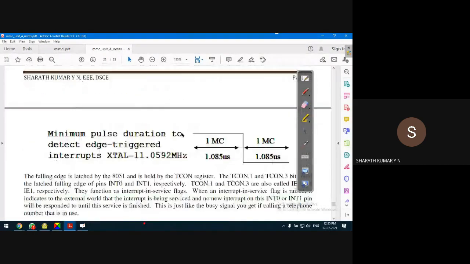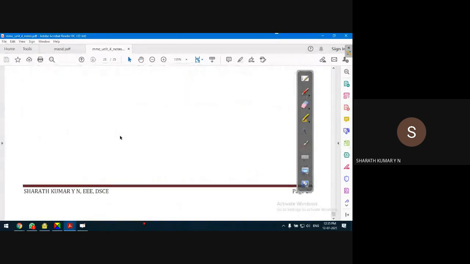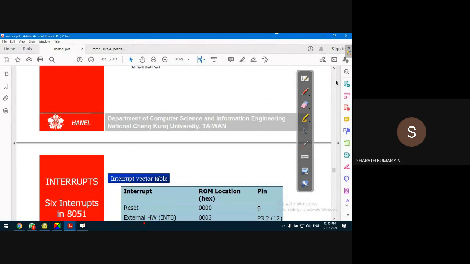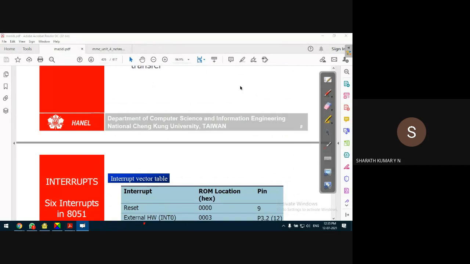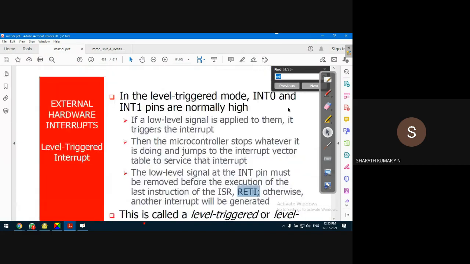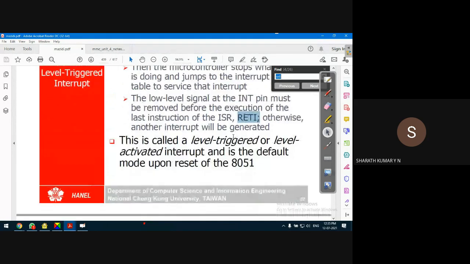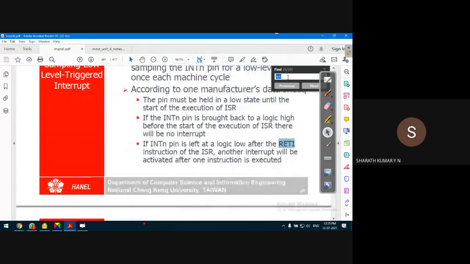Okay, sampling we have to discuss something about that. Just a second. RETI is discussed with respect to level trigger.